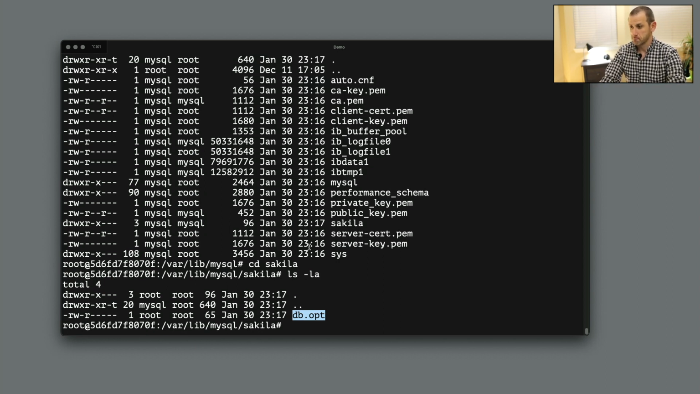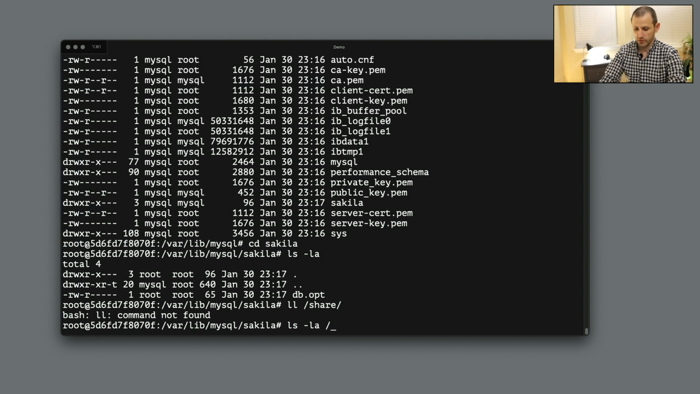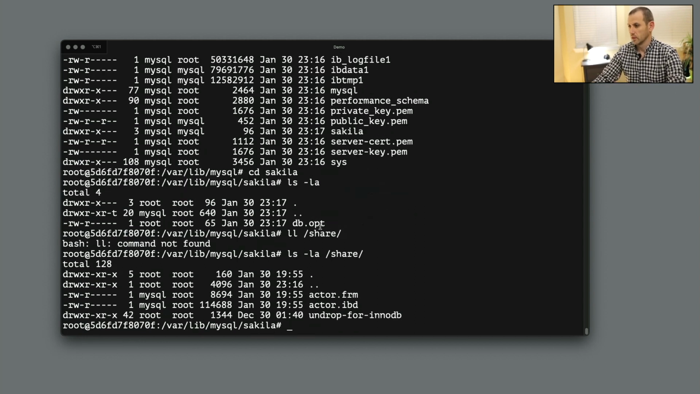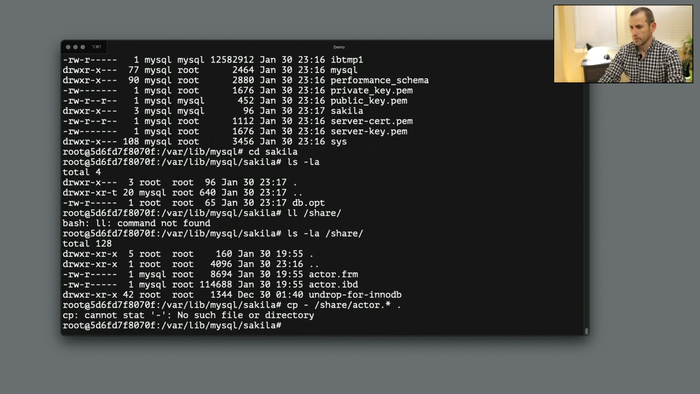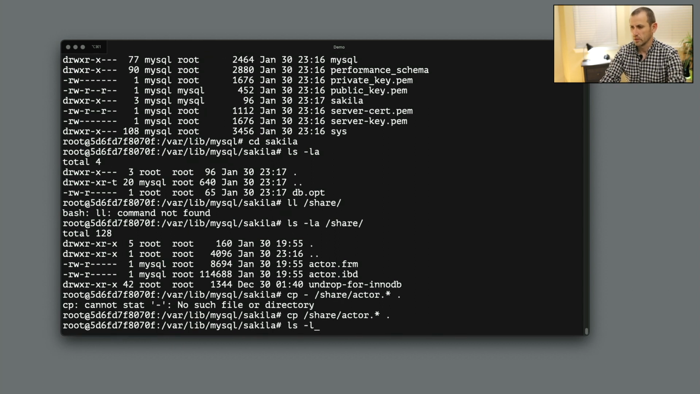Now, I have some crafted files, actor.frm and actor.ibd from some, I don't know, some random MySQL instance. Not from this one, just some other instance. So if I copy these files from the other instance, okay, just 2 files,